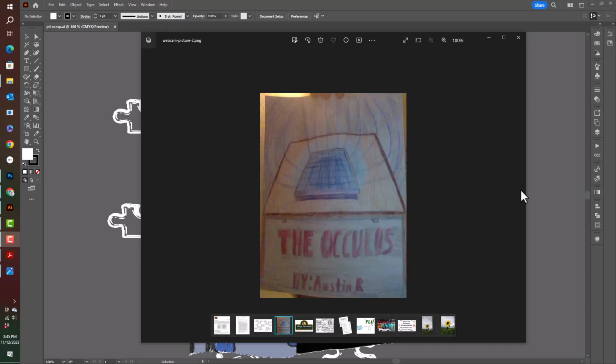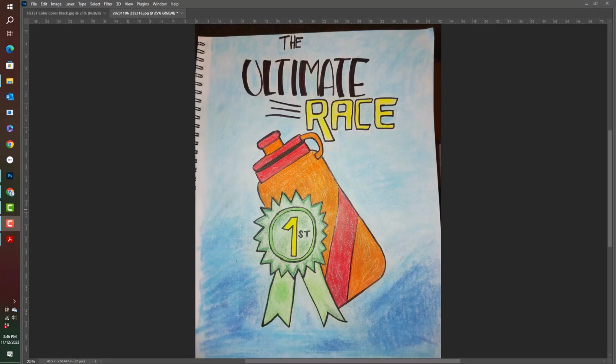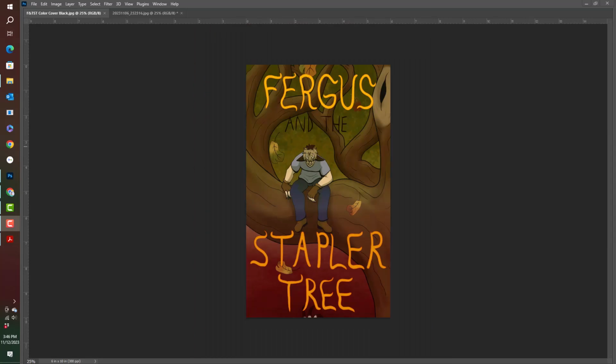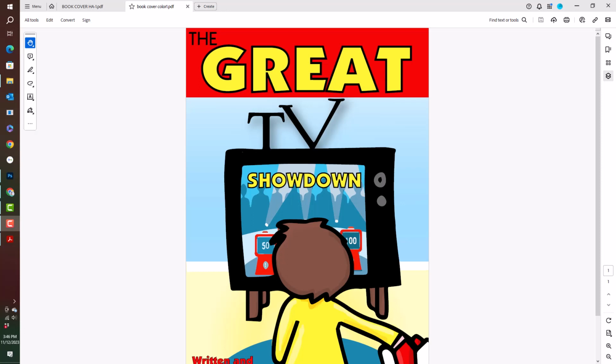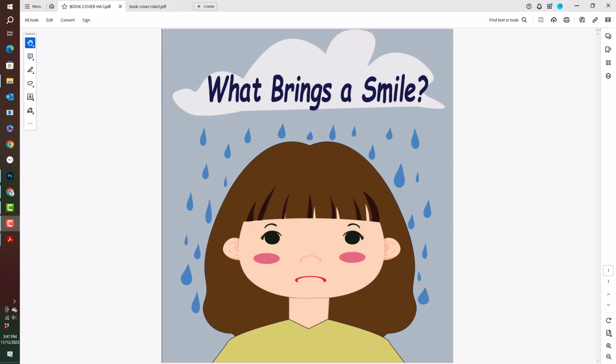Before we move into advertising, I wanted to show you some of the items that people had turned in for their book covers, because otherwise you don't get a chance to take a look at what was done. And we've got the Oculus, the Robot's Riddle, Lily's Tale of Adventure and Friendship, The Ultimate Race, Fergus and the Stapler Tree, The Great TV Showdown, and What Brings a Smile.